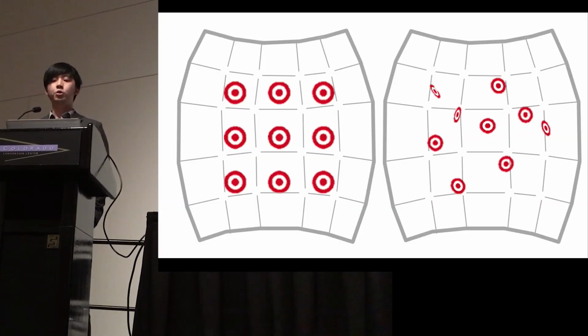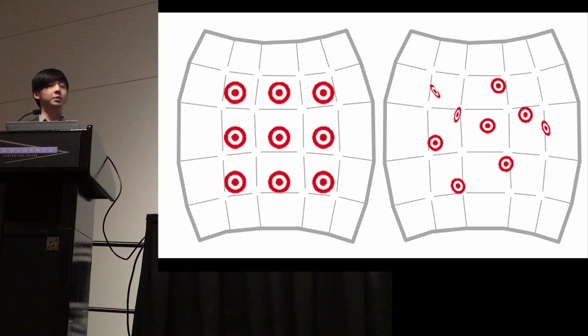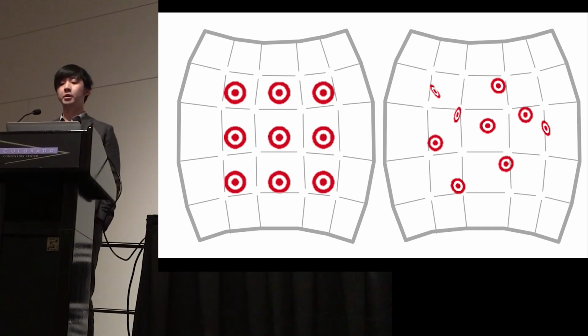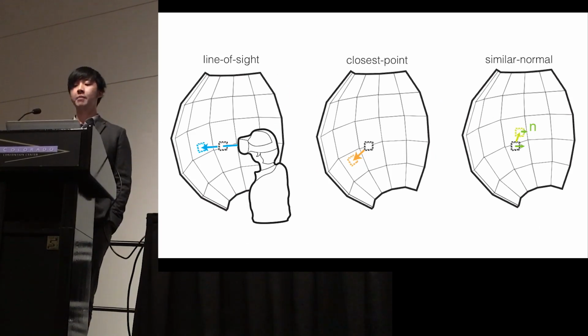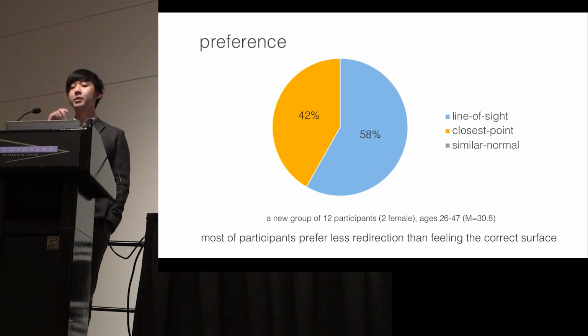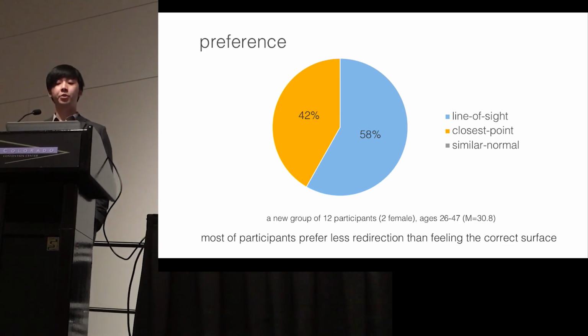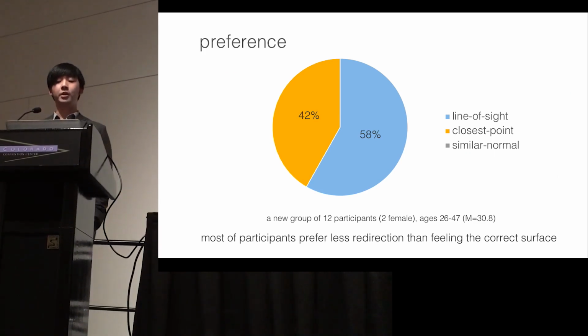And the targets are arranged in 2 different layouts. We shuffle all the possible targets and give one to the participant in each trial. Participants tried one strategy at a time, and the order is counterbalanced. And here's the result. As you can see, most of the participants prefer the line of sight strategy,